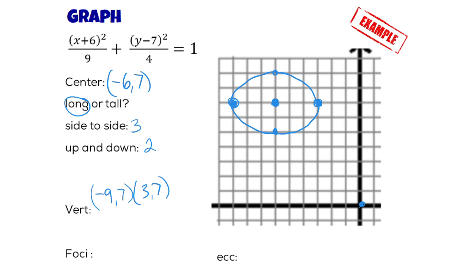Your foci are inside of this ellipse somewhere. Now, I don't really know where they're at, so I want to be careful about making any assumptions. So I purposefully stick the foci in here at a non-grid point because I don't want to accidentally think I knew what I was doing there. I'm just putting them in somewhere along the major axis. To find the coordinates of those foci,